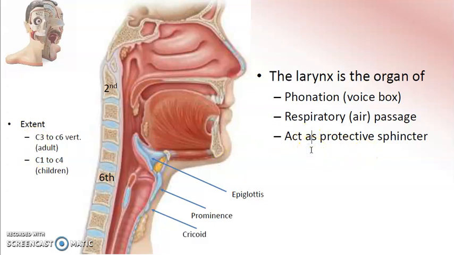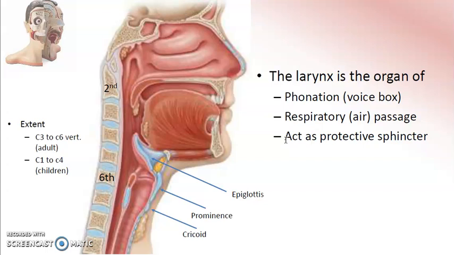The function of the larynx is mainly phonation, that is voice production. It is also a part of the respiratory passage, so it helps in filtering the dust particles, okay. And the mucus which traps the dust, the cilia will beat the mucus towards the throat, so thereby we clear our throat every morning of the dust particles.